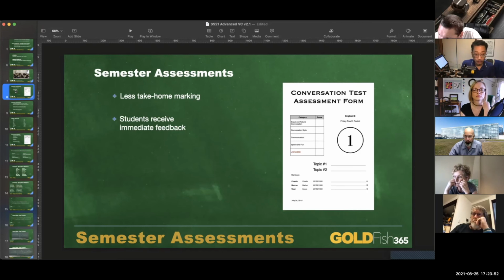I don't say anything about who's in the groups. I only tell them, listen, just got to be 3 or 4. But if there's a problem, if there's a 5th or something, maybe I have to do something in terms of population, but they get to choose this. They choose topic number 1, either there or at some point during the testing period. And I tell them topic number 2 at the end.